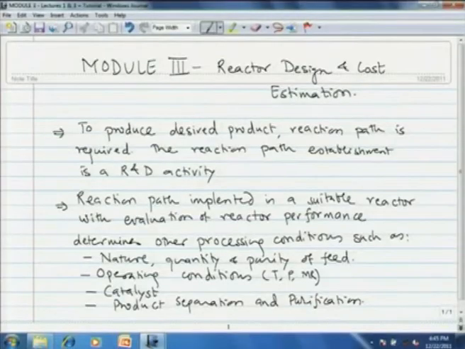First, the reactor type to be evaluated must be established, and then the reaction mixture or the catalyst volume is determined by solving appropriate design equations using kinetic and thermodynamic data. Initially, kinetic data may not be available, because when a chemist does experiments on a small scale, he or she may not be able to give you the exact kinetic expression.